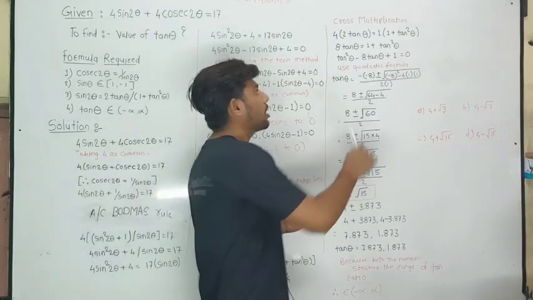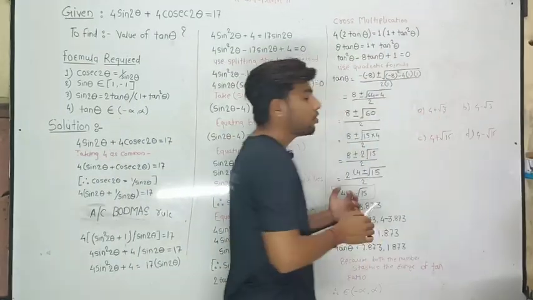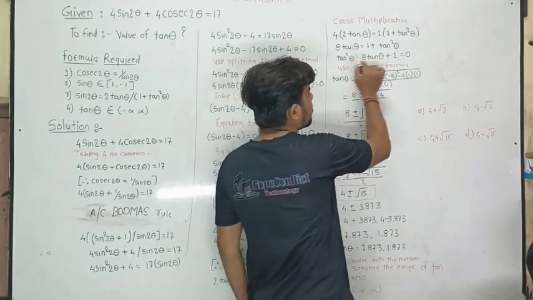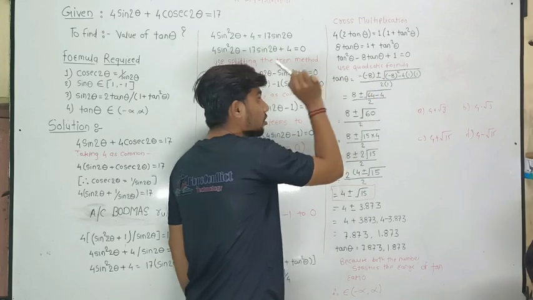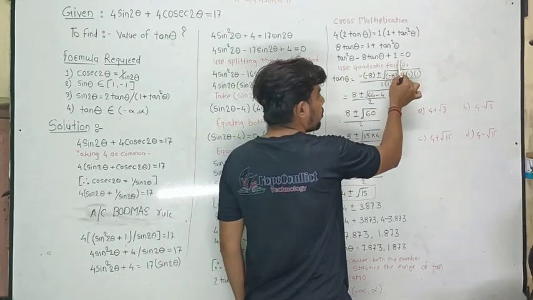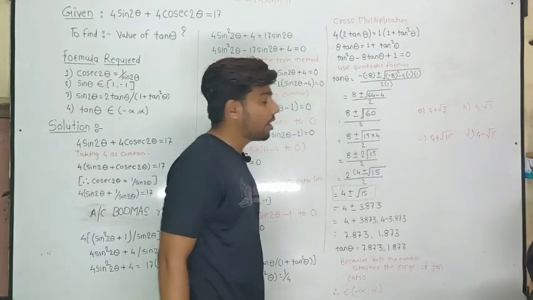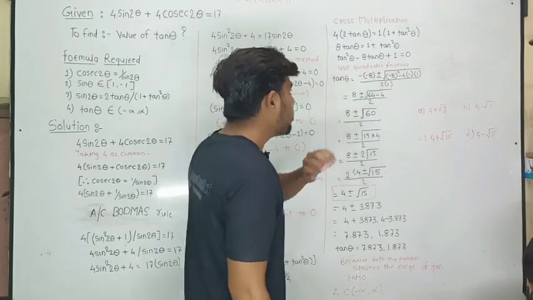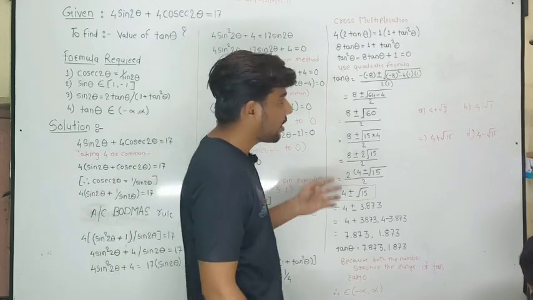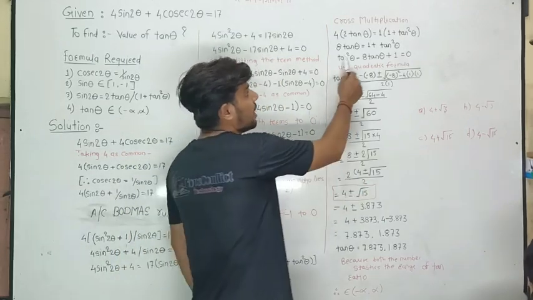For this we have to transfer this term to the right hand side. So simply transfer this term to the right hand side. So we get one more term, which is tan square theta minus 8 tan theta plus 1 is equal to 0. Here you see that we are able to apply the quadratic formula. So simply apply the quadratic formula of tan theta and put the value of a, b, c